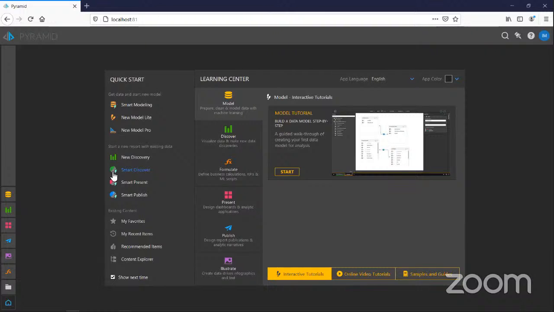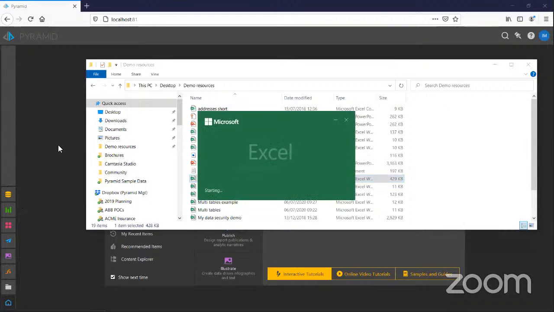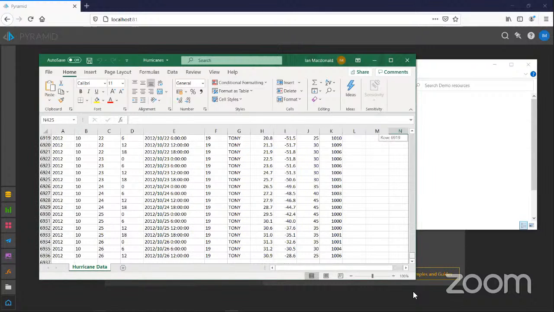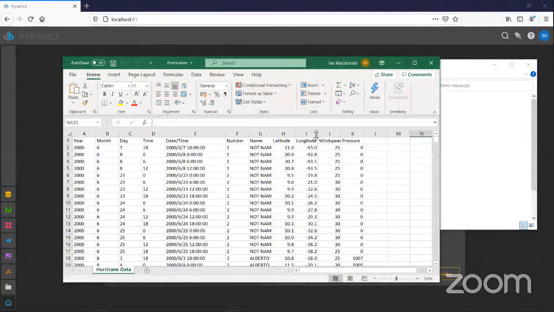And for this user, I've dictated that Exasol is the default analytic engine that Pyramid is going to use. This particular user has an interesting data set. What they want to do is work with a set which contains all of the hurricane observations in the North Atlantic from 2000 through to 2012, I think it is. Around about 7,000 rows. It's not a huge data set, but just for illustration purposes.